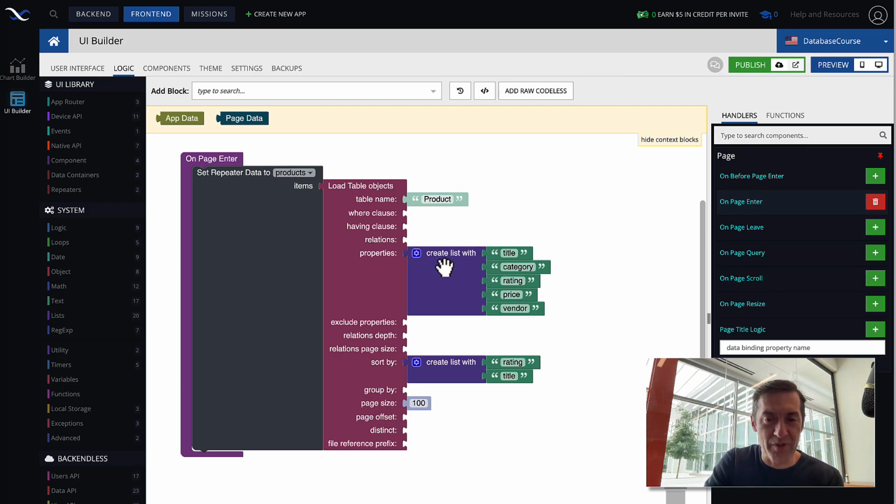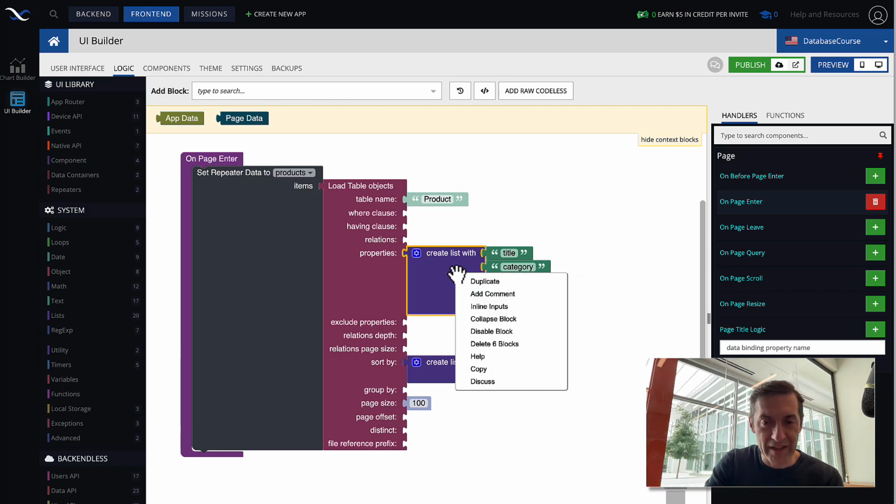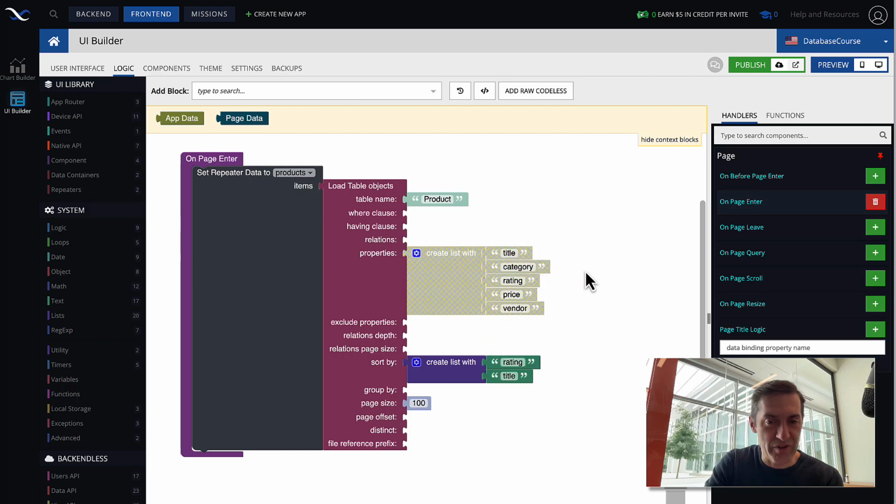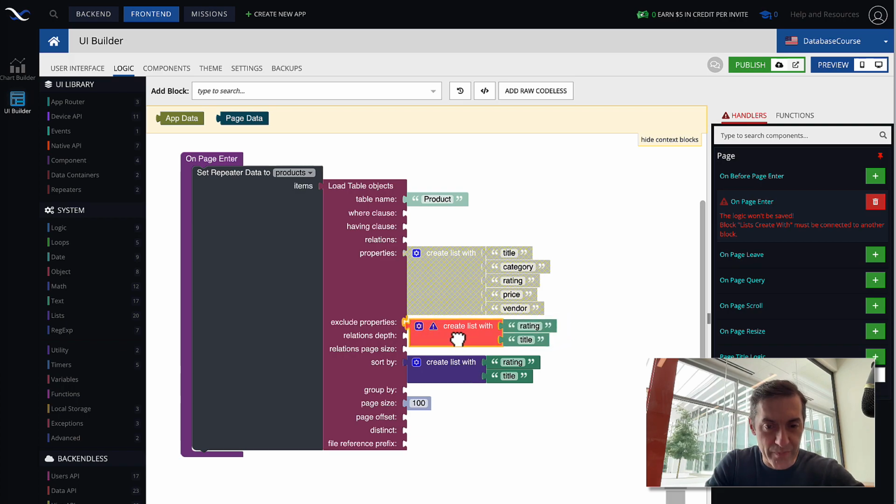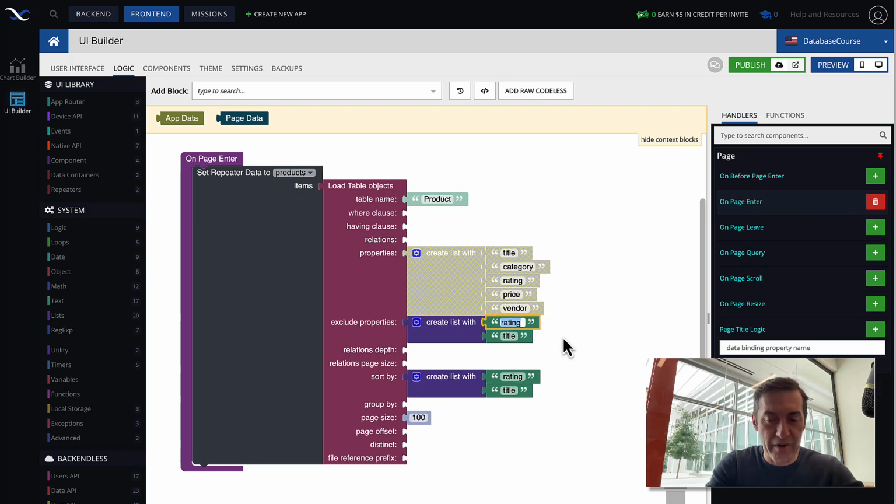This is what we have so far, where we identified that these properties should be included. We will disable this block, so right click and click disable. So now there are no specific properties that are being included. And then notice that there is a connector that is called exclude properties. In the exclude properties, we can identify anything that should not be returned to the client. This connector expects a list, so we can just copy this block. And let's configure it with the following.